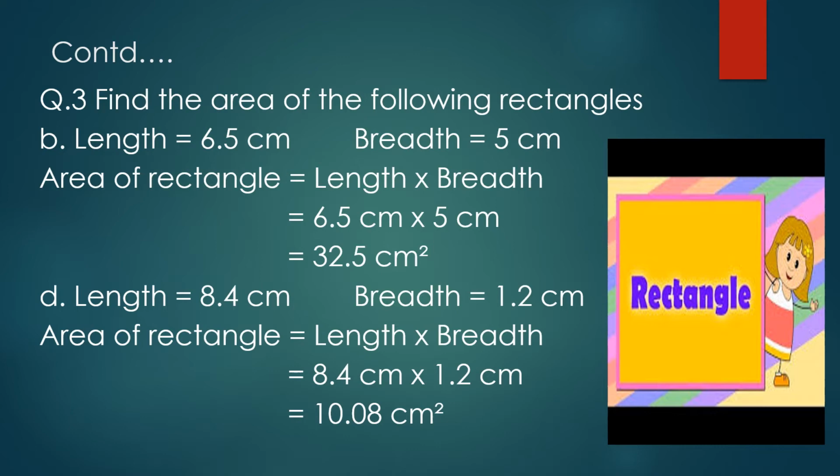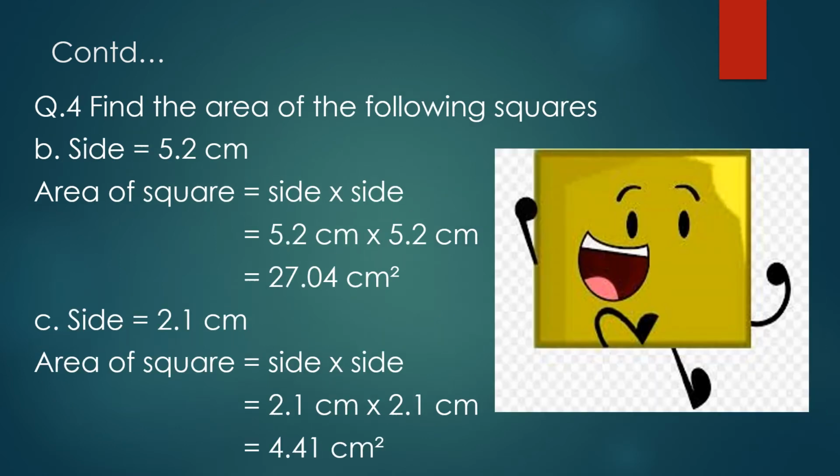If you have a problem with decimals, just remove the decimal point and just multiply regularly. When you get the product, calculate how many decimal places are there in the problem. Suppose in this problem D, there are 2 decimal places overall in the problem, that is .4 and .2. There are 2 decimal places. So the product should always have the total number of decimal places which the problem has. So here there are 2 decimal places in the problem, so the product also should have 2 decimal places, that is 10.08 centimeters square.